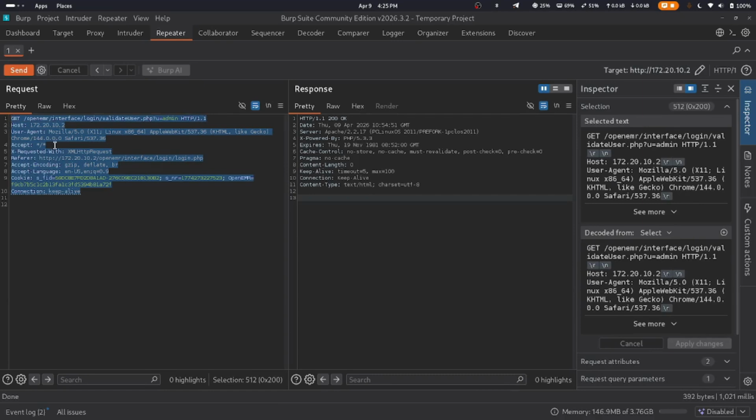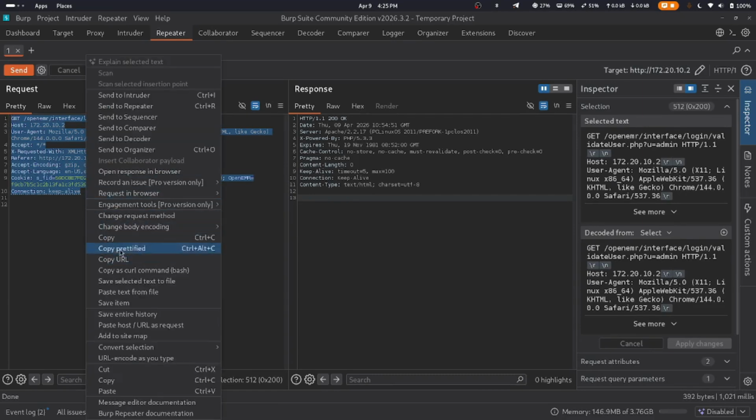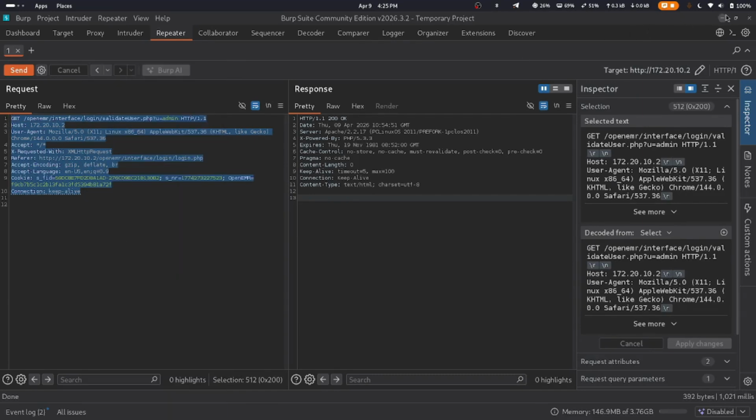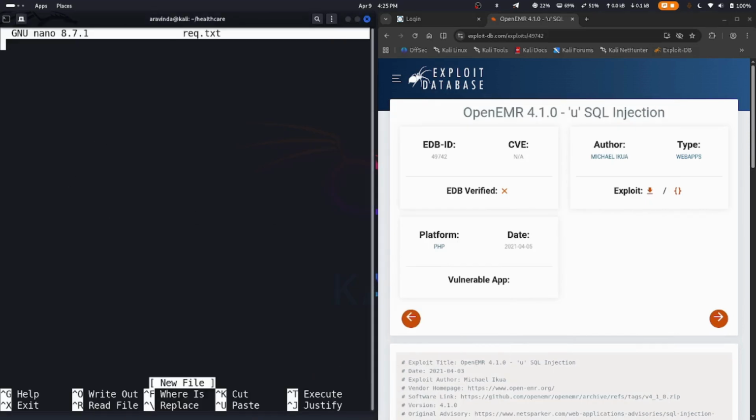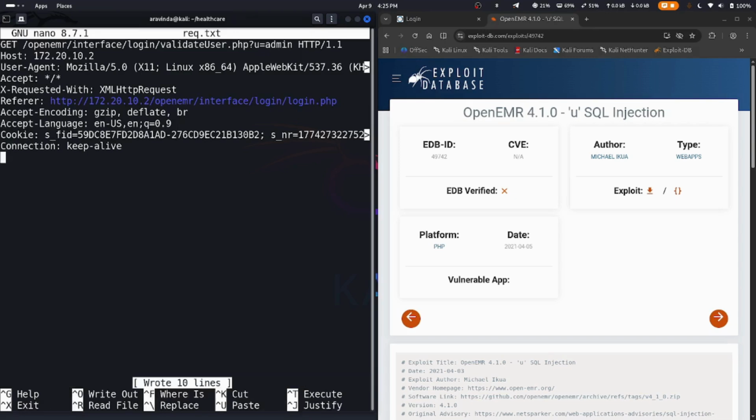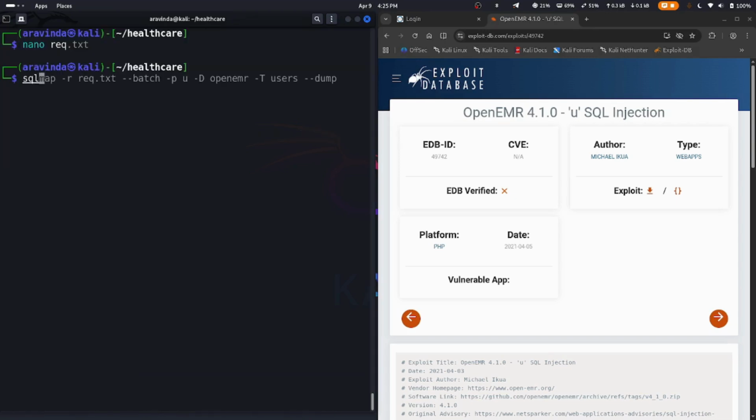So it's confirmed that it is vulnerable to boolean blind based injection. And let me copy this request, and let me save it as request.txt or req.txt. Let's edit that file and paste it and save it. Now let's run sqlmap